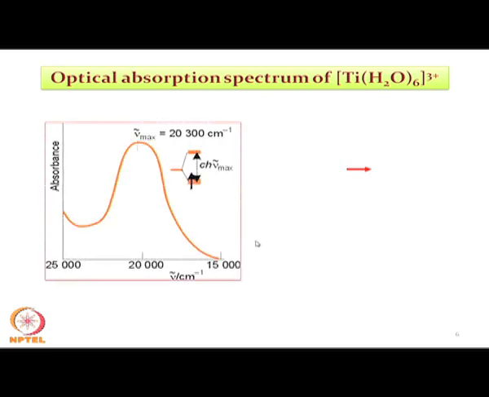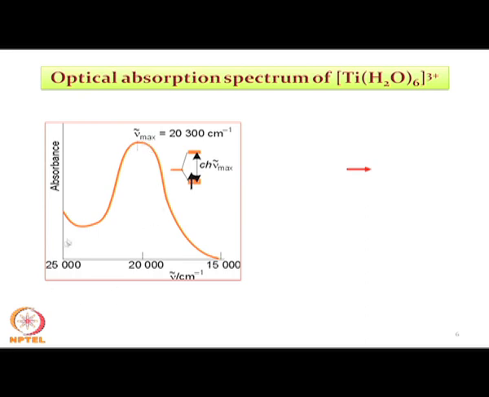So, if we have hexaaqua titanium 3 plus, which is the simplest possible species we can measure for its absorption. If we measure this, we fix it in terms of the lambda max values, but sometimes for comparison purposes we report it on a centimeter inverse scale. So, we have the nu bar max, because we are utilizing this energy scale as wave number inverse. So, that means centimeter inverse we are talking about, and this is the corresponding splitting,